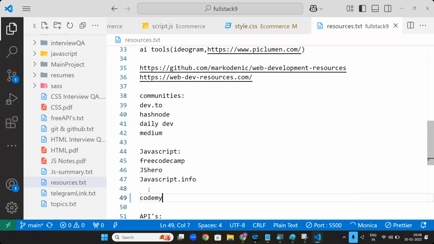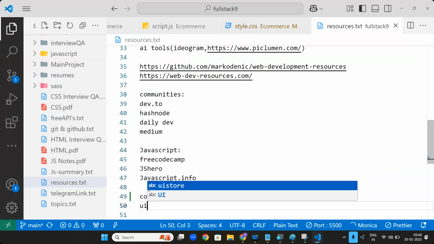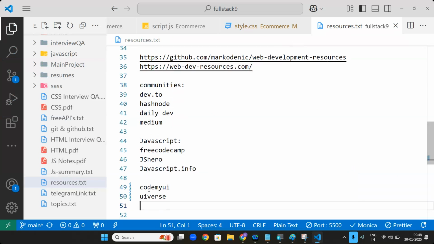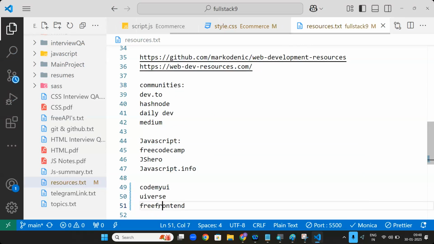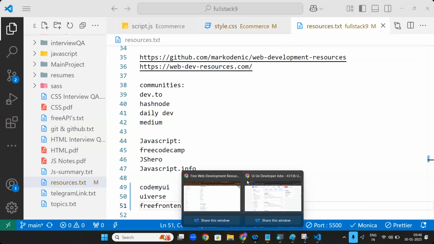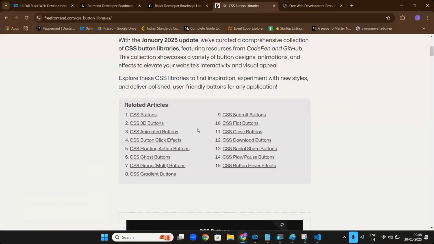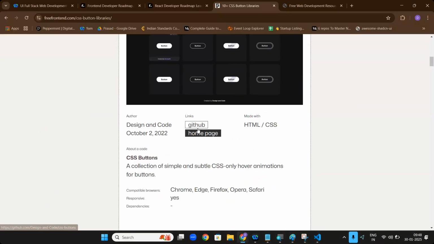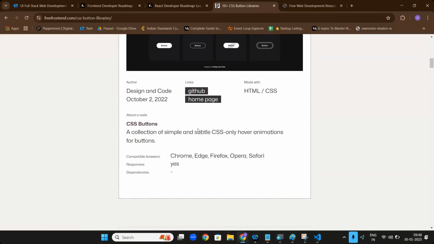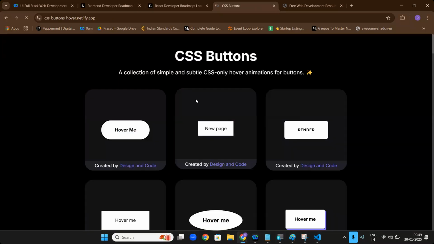Code My UI, UIverse, Free Frontend. Now if I go to any article like this, they will show you different things. See, this is one animation website. CSS buttons. See,